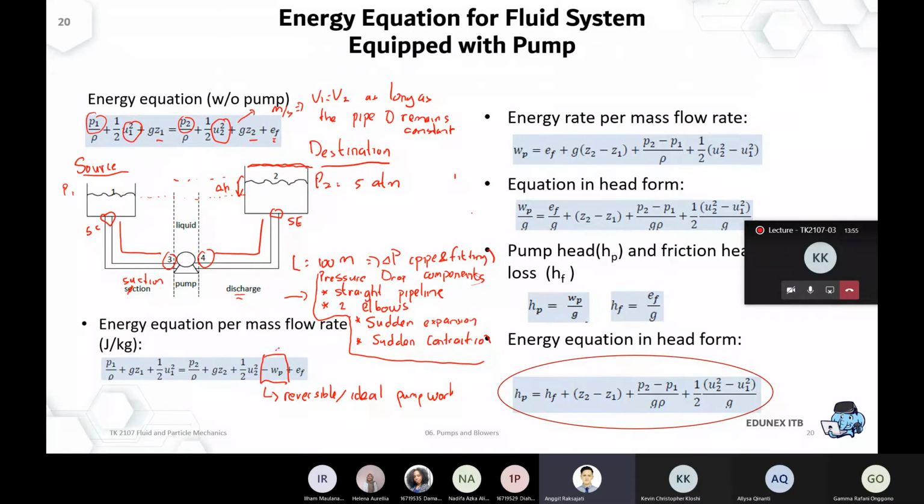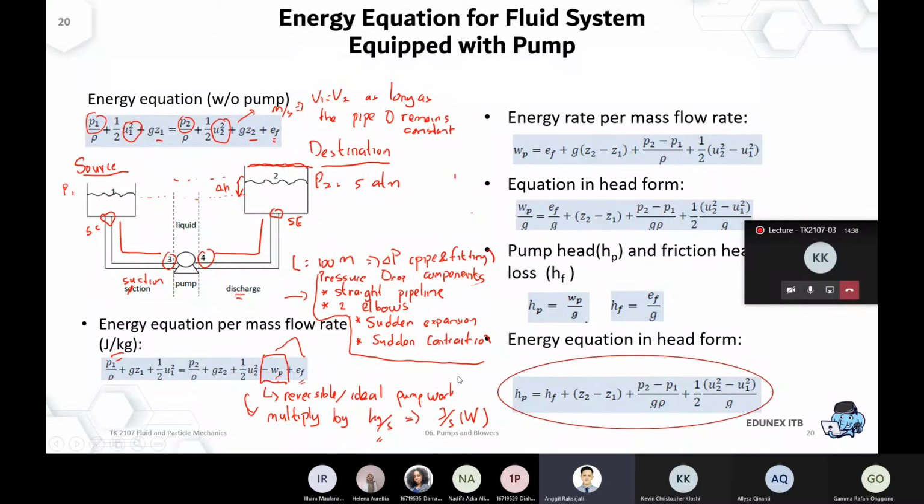Okay, and you can see that this is what would be the unit if it's expressed. It's actually already given joule per kilogram. So make sure that all the parts are equal. If you calculate the friction factor as joule per kilogram, then you can also state the pump duty as joule per kilogram. And if you multiply everything by kilogram per second, for example, of the feed rate, then you will get joule per second, which is watt.